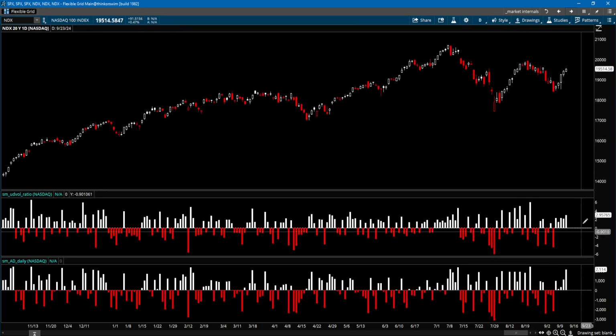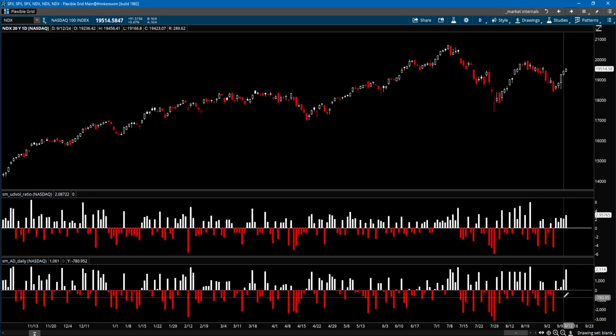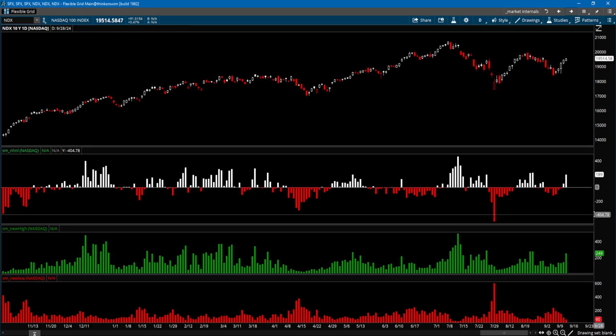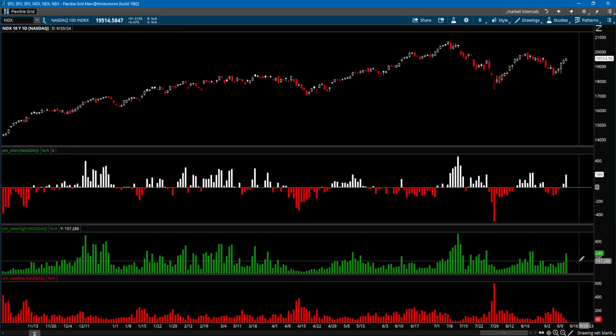For the NASDAQ, we also see strong buying pressure throughout the week on the up-down volume ratio. On Friday, almost 3 to 1 in favor of the up volume. Likewise, on the daily advance-decline, we see broad market participation. On Friday, there were over 2,100 more advancing stocks than declining stocks. For the new highs and new lows, the number of stocks making new 52-week highs surged back above 200. On Friday, there were 249 stocks making new 52-week highs versus only 60 making new 52-week lows. And you see how it contracted from over 200 down to below 100.